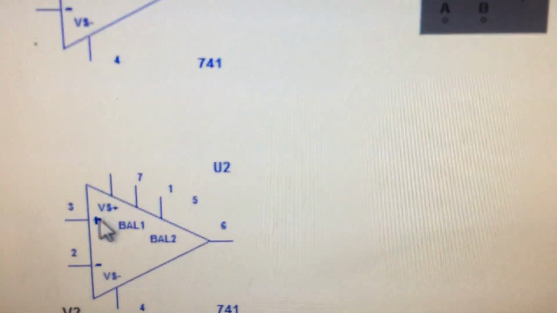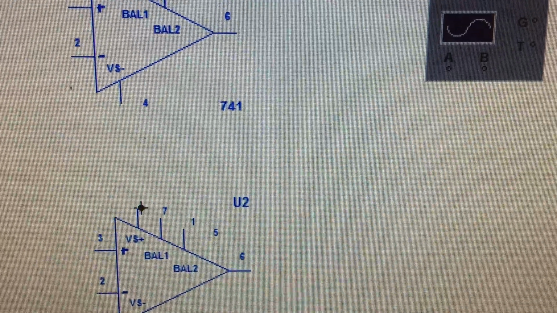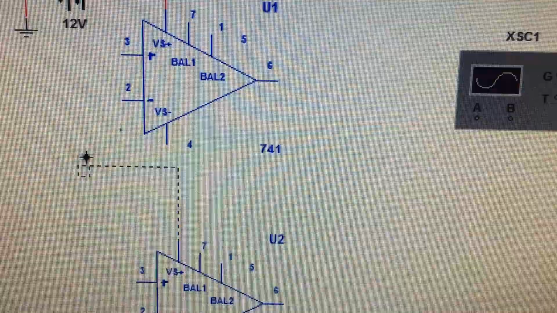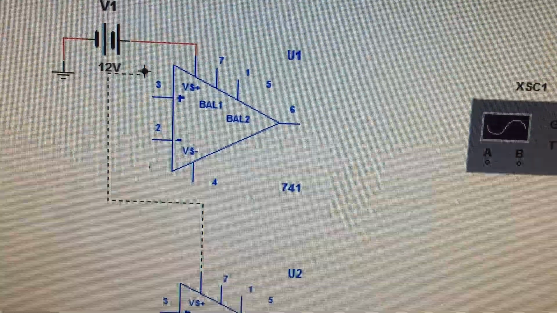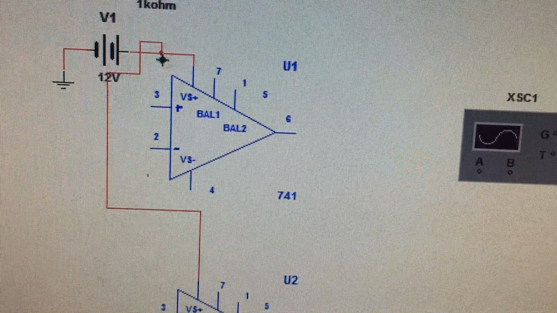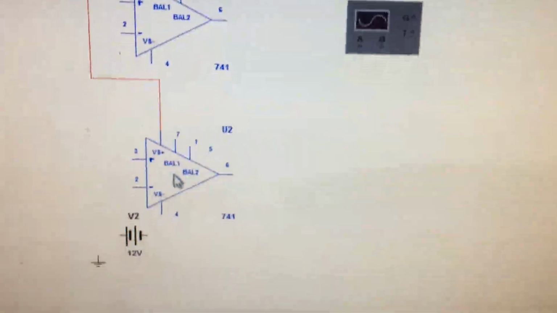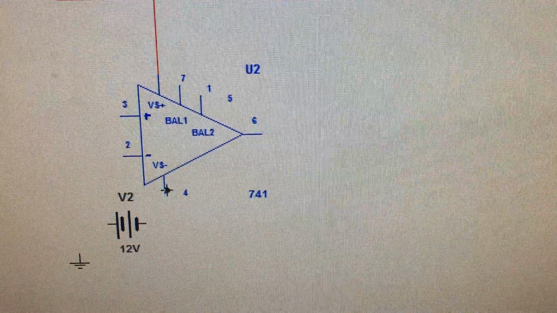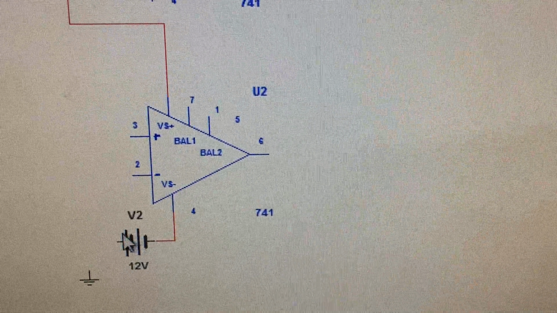You have one more VS plus here, no need of another supply. Take a line from this point itself. Left click, it will divert. Give it to the same plus. You can avoid one power supply. Similarly, this point is minus, so give it to the minus point, and the plus point, give it to ground.